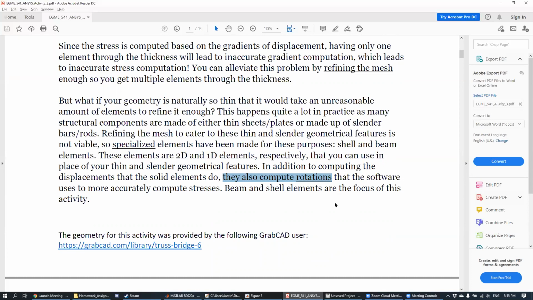So in addition to displacements, they also compute rotations, and that actually helps you quite a bit. Because from there you can compute stresses a lot more accurately than if you just had displacements there. And of course, this is talking just within the context of structural mechanics, but